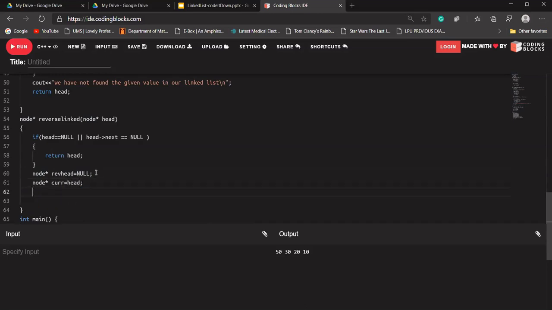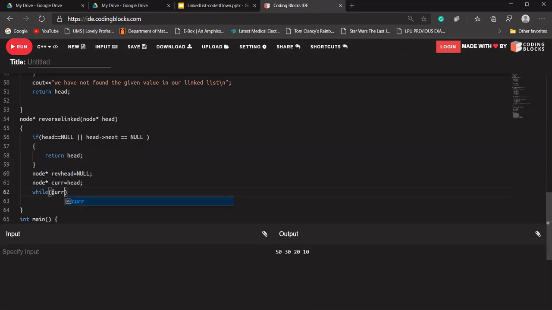We'll run a loop, iterating through our linked list from the start, and keep adding our data from the linked list into another linked list, and its head will be called reverse head.